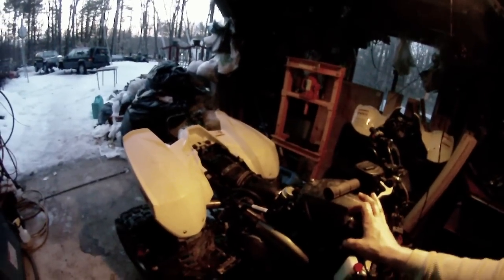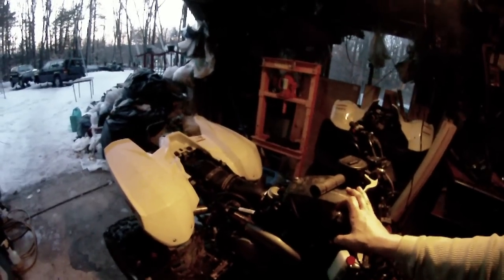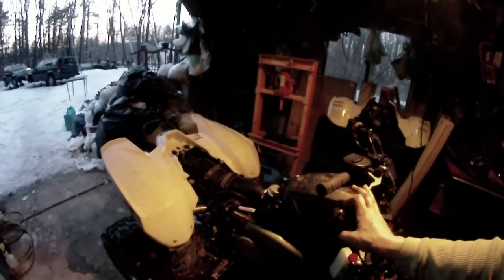Alright guys, I got my friend's Predator together. I did the rings, the valve guides and seals. Basically, I didn't do the valves, I didn't do the top end. Like, I didn't do the head anyways, but it's basically a fresh top end. So I did all that for him, and did a timing chain, and